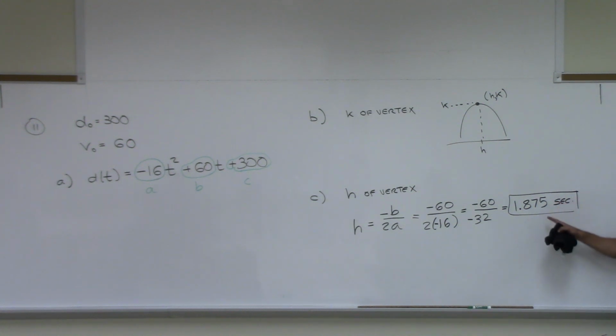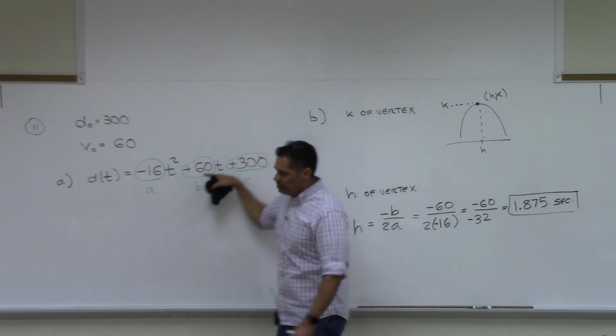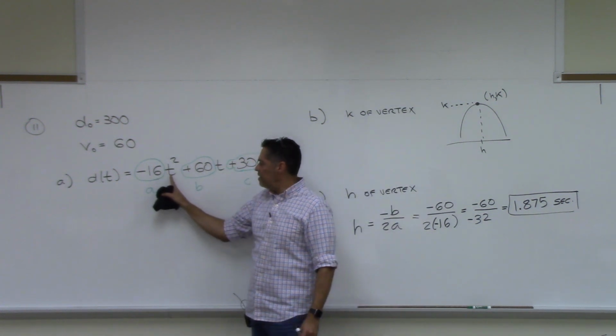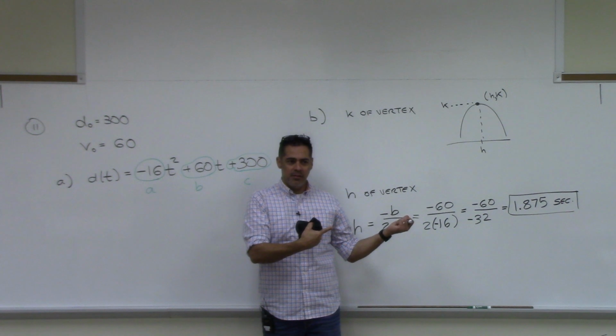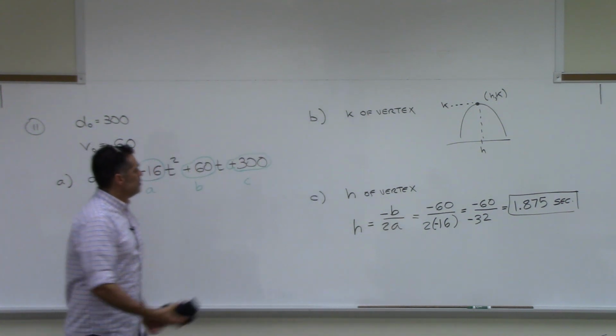Now that we have this answer, we can go find the k of the vertex. And how do we find the k? We plug that answer into this function. We replace all the t's with that answer. It's going to require a calculator. So to do this,